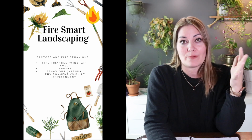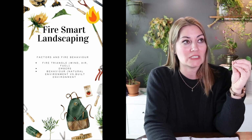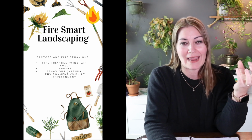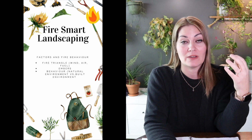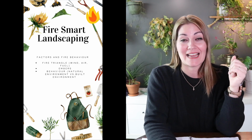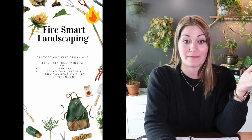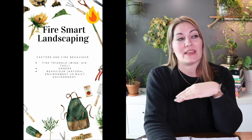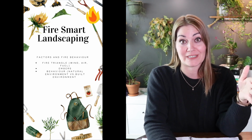Fuel. If you think of making a campfire, you're out in the wilderness, what are you going to use to build your fire, right? Needles, small branches, dry wood, paper, things that are very flammable. That would be the easiest to combust, and thus would make the easiest way to start a fire. So thinking like that, and then thinking about what surrounds our homes, is really the foundation of protecting your own